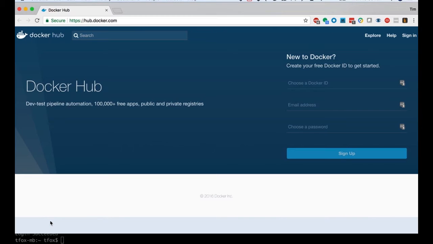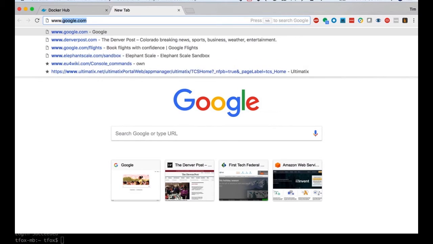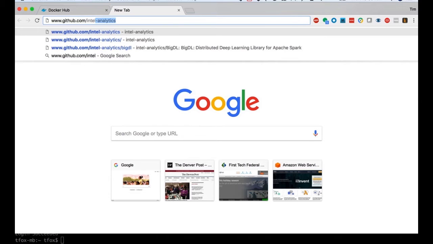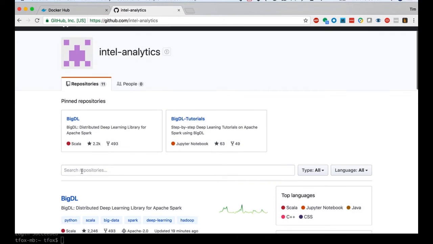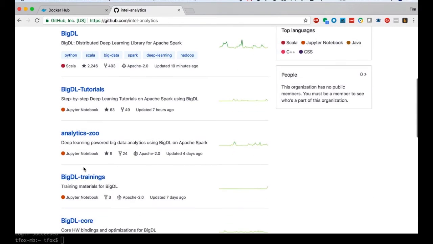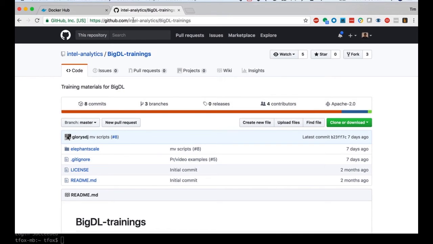Okay, next step is we're going to go to www.github.com/IntelAnalytics. This will give us all of the repositories here for BigDL, including our BigDL trainings repository. So that's github.com/IntelAnalytics/BigDL-trainings.